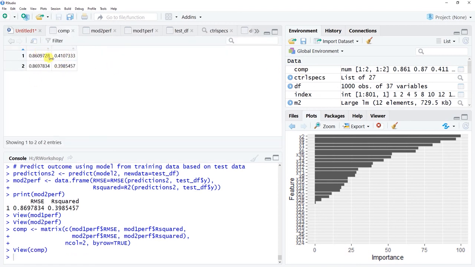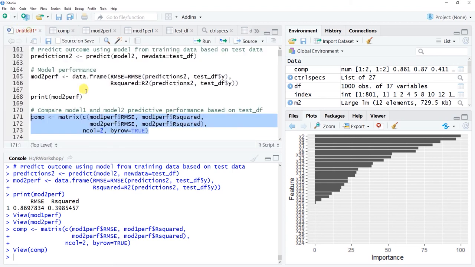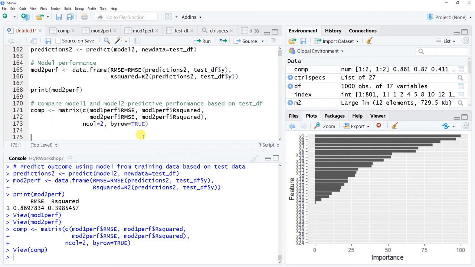You can see it doesn't have any labels yet though, but it has the raw elements there. So how do we make it into something that's a little bit more visually compelling and informative? Let's name the columns and rows of the comp